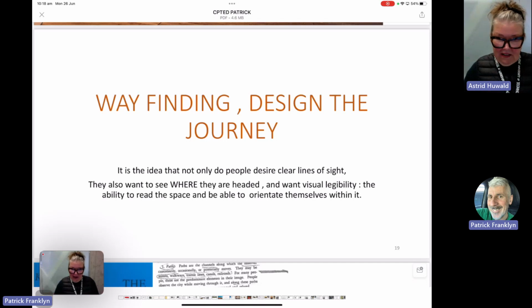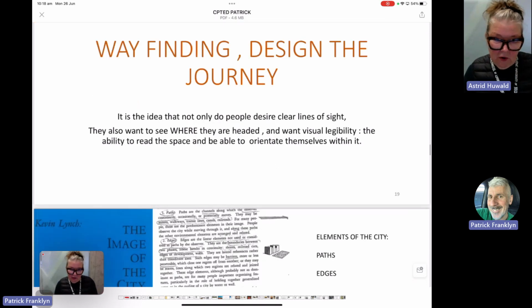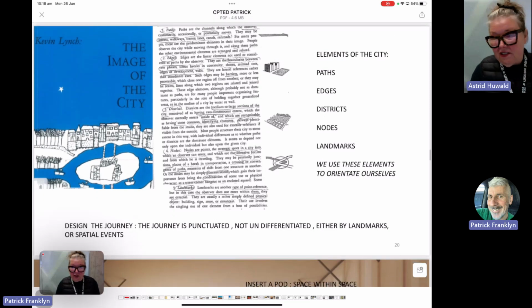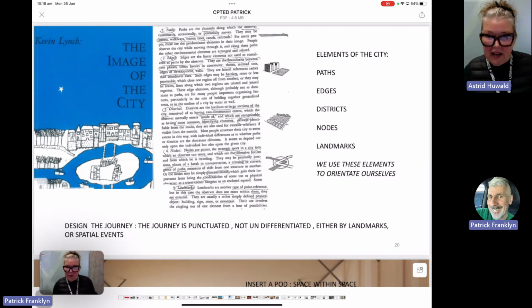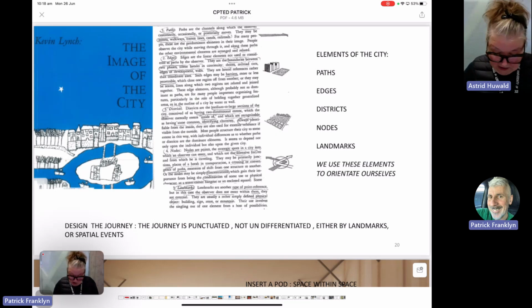Next slide. And this comes from Kevin Lynch, The Image of the City, who talks about the elements of the city that people identify: paths, edges, districts, nodes, and landmarks. And we use those elements to orientate ourselves. So what that means is that when you've got a journey, once again, it's not this long, undifferentiated corridor. You punctuate that corridor with